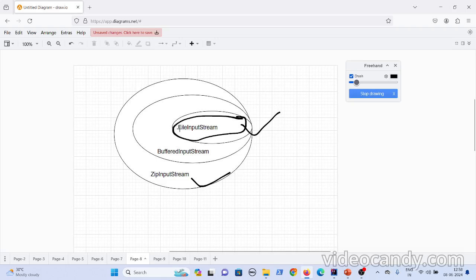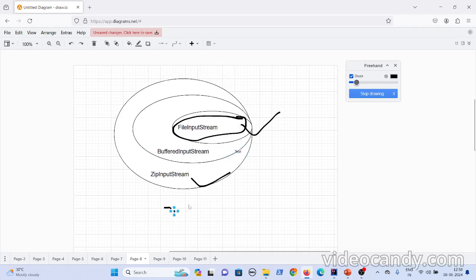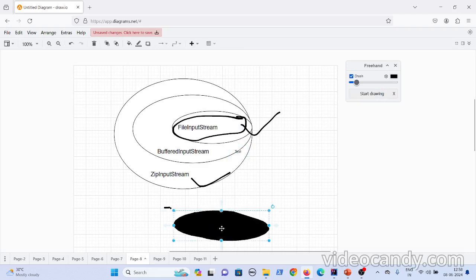Okay, so to add these behaviors, if you look at the Java code, let me add the Java code for this. Let's say you have this one.